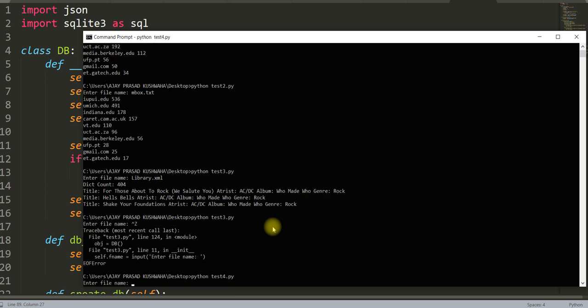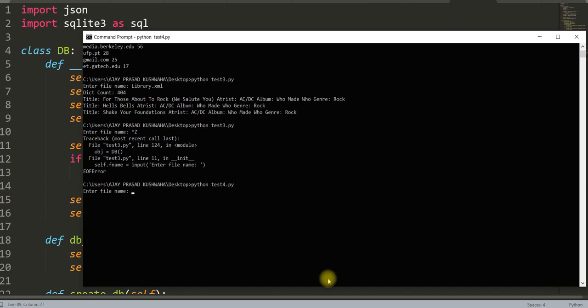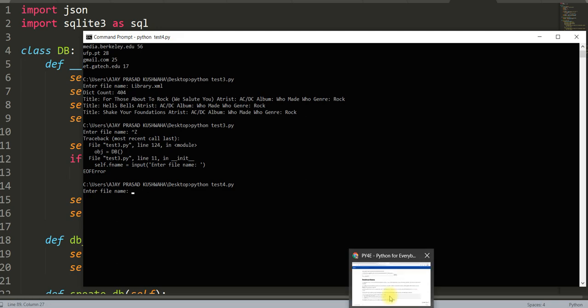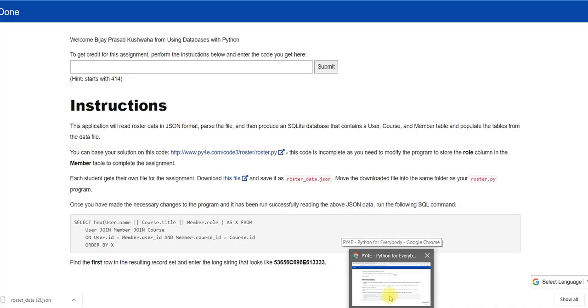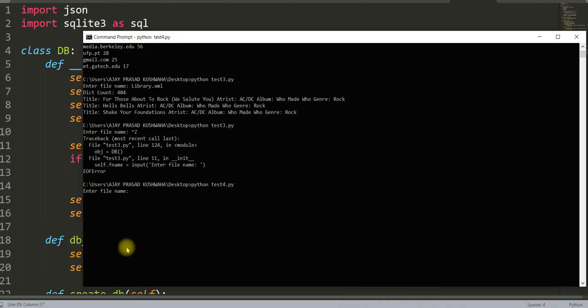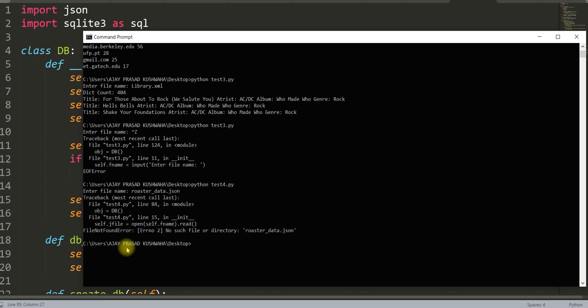And the file name I have to give. What file name? The file name is roster underscore data dot JSON. So roster, okay, underscore data dot JSON. Okay, now I will hit enter.